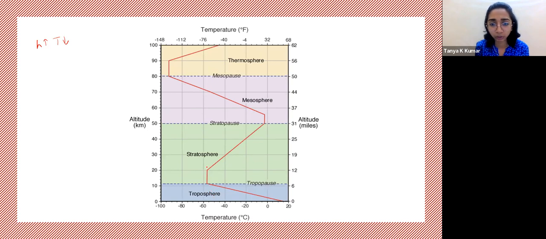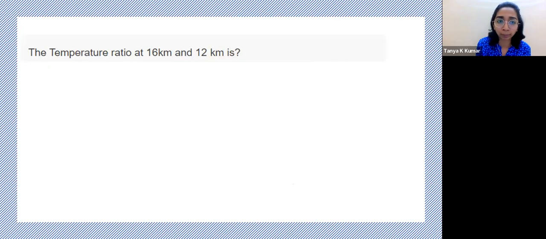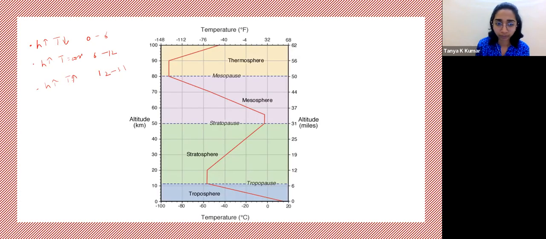So there is a reduction in temperature in this first 6 kilometers. Then from kilometers 6 to 12, the temperature is constant. So this is the first, that is from 0 to 6. Next, as height increases, temperature remains constant. That is from 6 to 12. Then again from 12 to 31 kilometers, there is an increase in temperature as the altitude increases. So this is all we need to concern ourselves with so far, as far as the aircraft flights are concerned. So now let's get back to the question that says, what is the temperature ratio at 16 kilometer and 12 kilometer? So they basically asked you T16 by T12. What is this ratio? So at 16 kilometer,